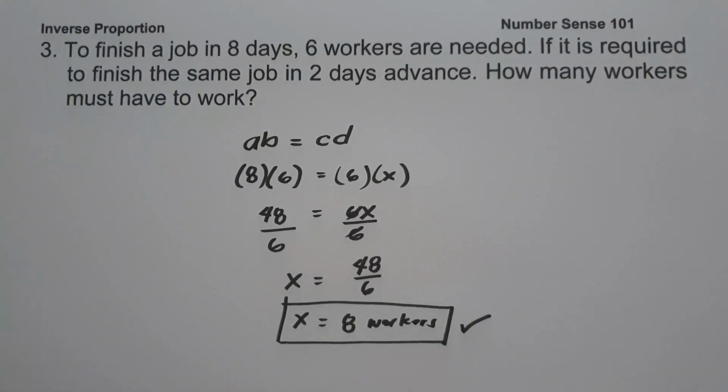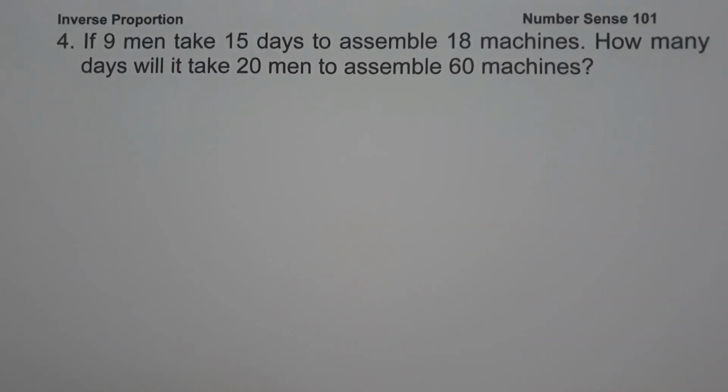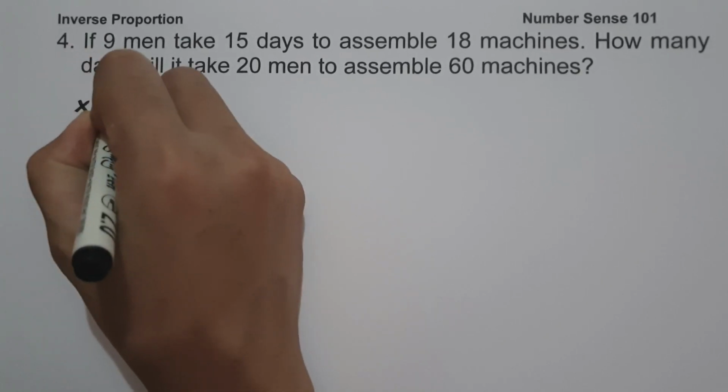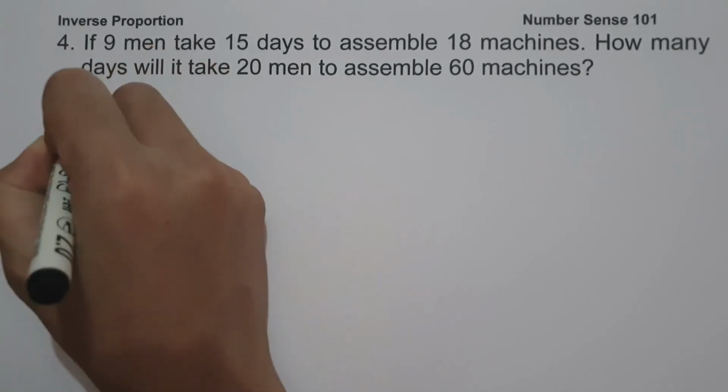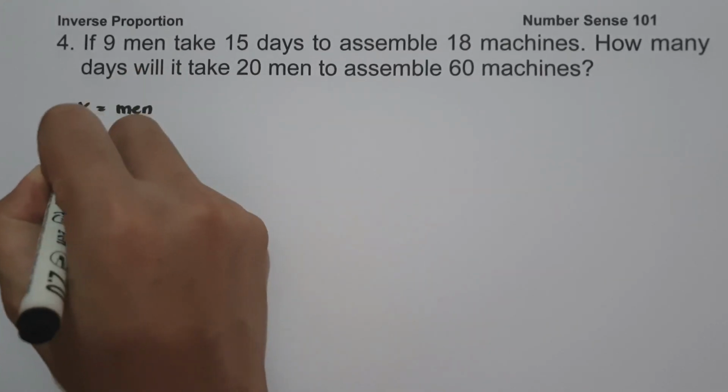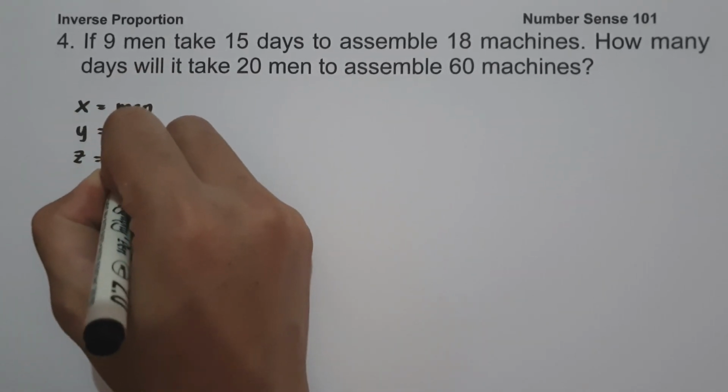be our answer. On our last example, if 9 men take 15 days to assemble 18 machines, how many days will it take 20 men to assemble 60 machines? So this problem is an example of joint variation. It is a combination of direct and inverse variation. So to answer this one, let us represent X as the number of men, y as the number of days, z, that is the number of machines,